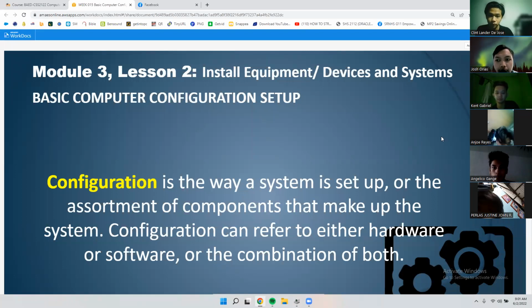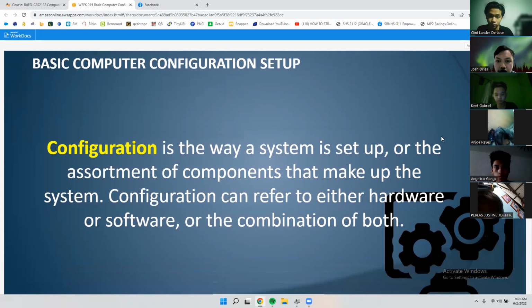Not just the network but also syempre yung computer natin, no? Una yung computer, susunod yung network. Okay, let's go to the configuration. Okay? So to define, so ito yung definition ng configuration. Of course, configuration is a system that is set up, no? Inaayos natin or assortment of components that make up the system. Kumbaga,